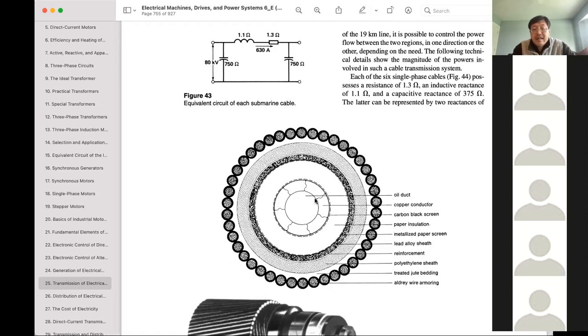Notice the copper conductor is hollow, filled with oil. Outside the copper conductor, there is paper. Outside the paper, you have a lead jacket. Outside the lead, you have a